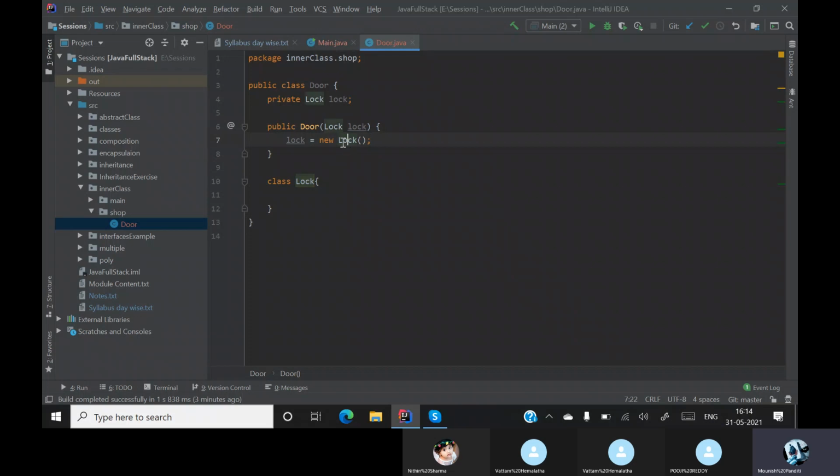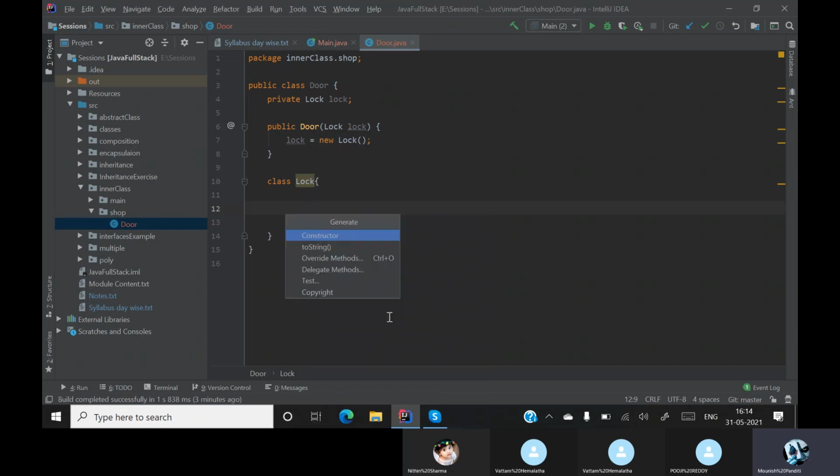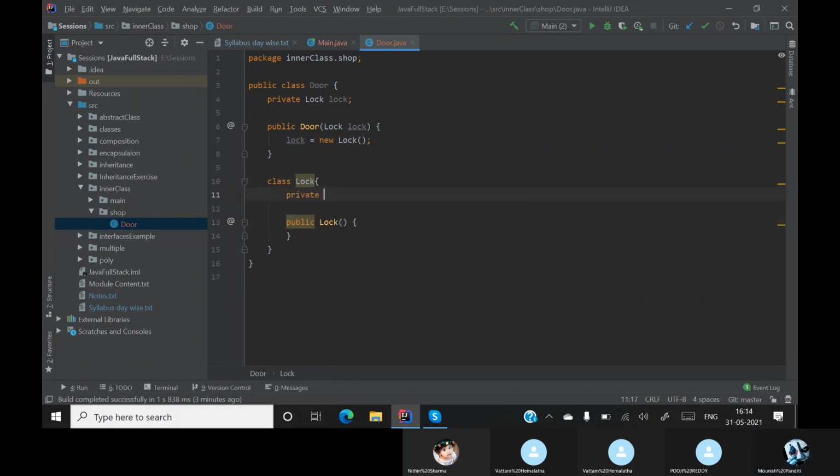So now here we are having another constructor for the lock. So I'll create another constructor over here for the lock. So generate a constructor. I got the constructor, but it's a lock, right? We have to say whether it is open or not. So to say it is open or not, I'll create another variable lock.